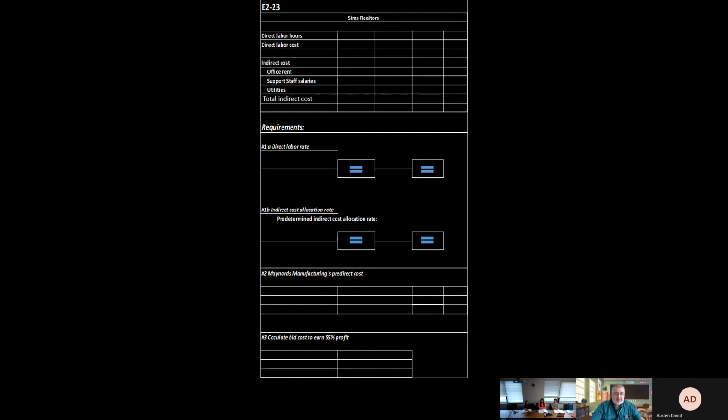Okay, so let's look at what we have in the book. It says Sims Realty is a real estate consulting firm. First thing, when you're going through story problems, every time you hit something that is a key mark, just stop and make a note of it. It's a consulting firm. So what does that tell us? What type of